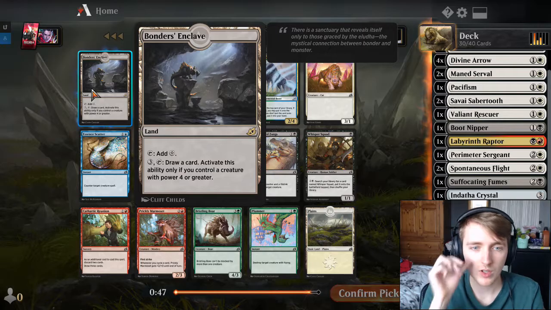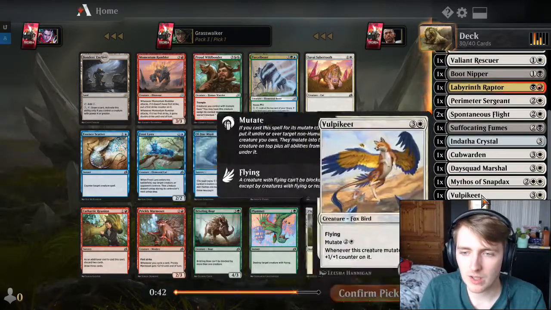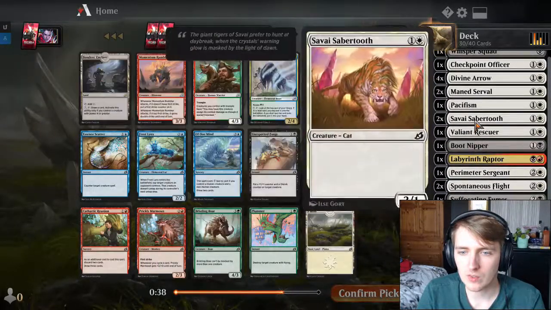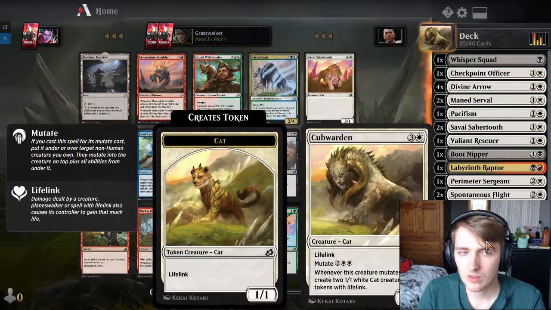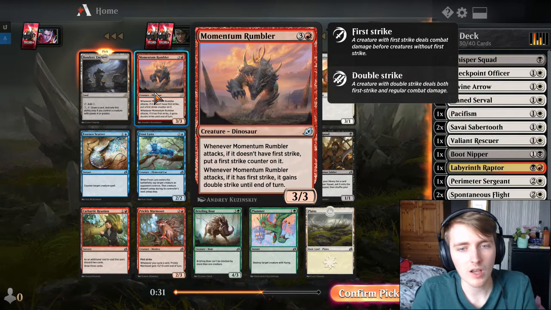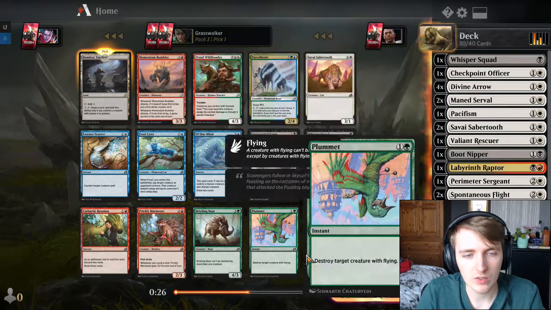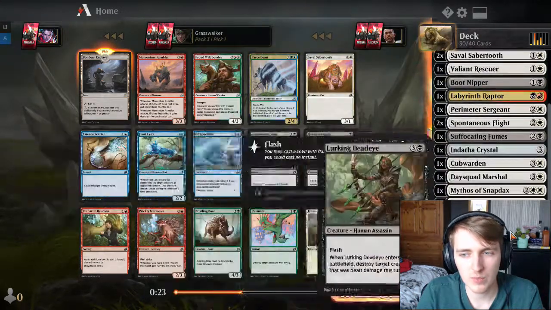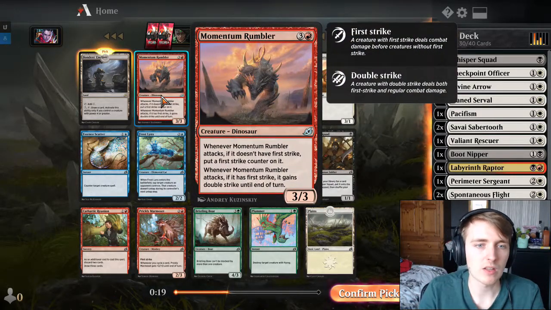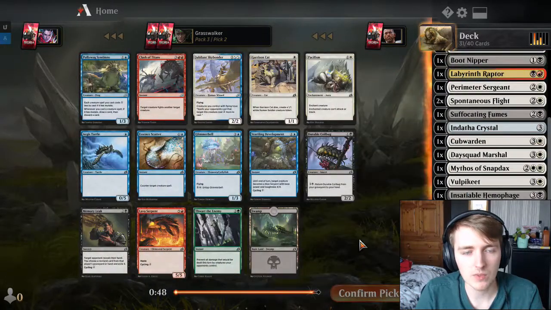Bonder's Enclave. Draw a card if you control a creature with 4 or more power. Do we have any of those? We have a Tigerilla, we have Deadeyes. We have mutate creatures that don't quite get that large. It's really good, but I'm not sure if it's good enough. A guy that when he attacks gets first strike, then gets double strike. Pulsar Beast is really good. It's not in our colours though. We're definitely not blue-green. I think the Rumbler would be the technically correct pick here, but the Enclave is actually really good. It can bring you back in games, and it's the rare, so...